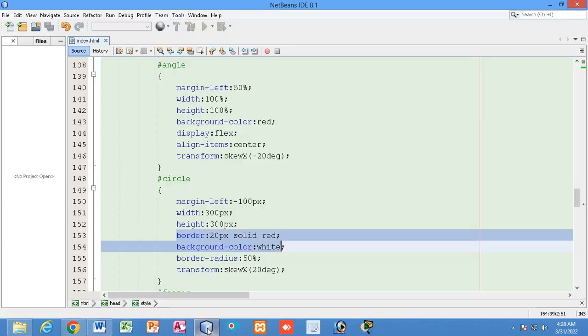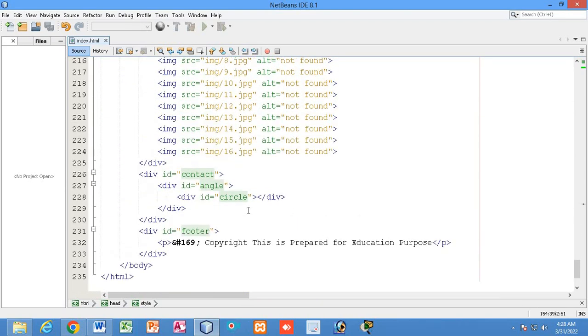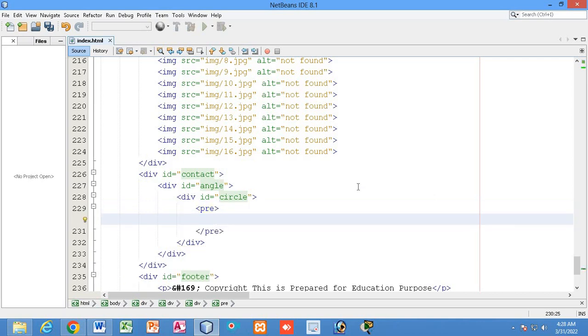Inside this portion you can write something. So let us write something in this white portion. Here inside the circle div you can write something. Let's say you can just use a pre tag to write something. Inside the pre tag, just write, say, contact us.